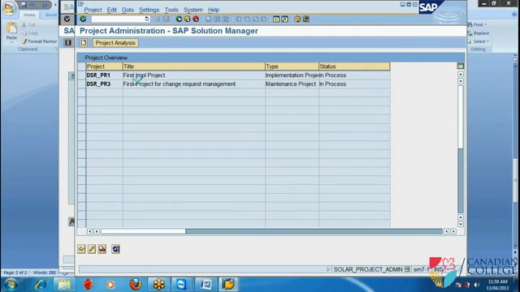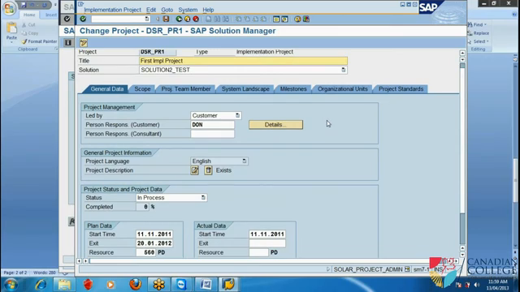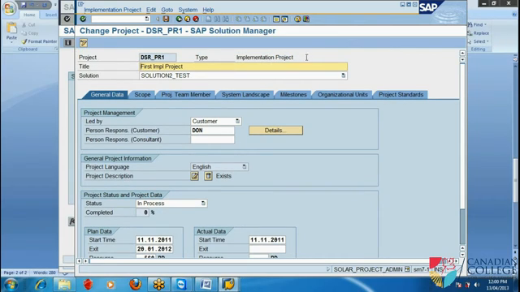Just an overview of Solution Manager, right? So that it will be useful when they use Solution Manager in the system landscape, right? The person responsible, the customer lead, customer solution test, all this information is there. It will ask for the type when we are creating. So I will select either implementation project or what is the other one? What is implementation? What is the other one? I told you there are two, three there, but only two are important for you. Implementation, the other one is